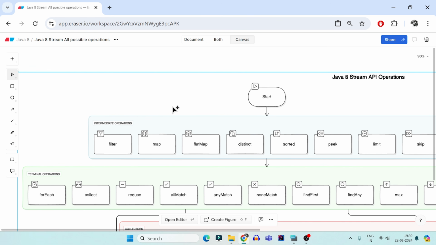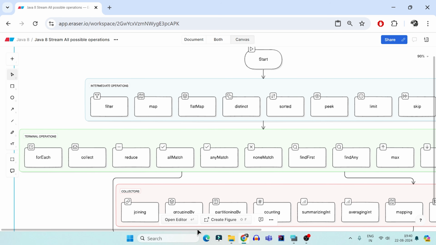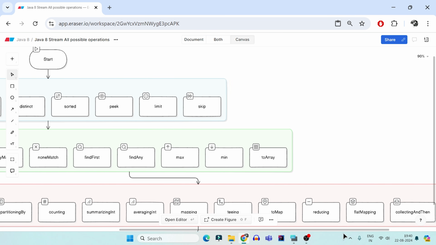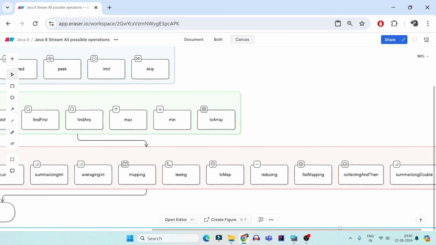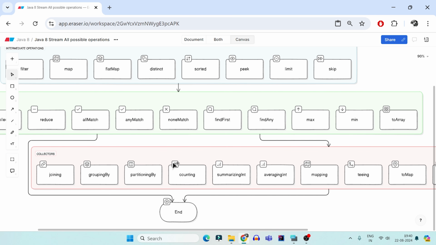Going forward, in this video, we are going to cover some intermediate operations, terminal operations and the collectors. Most of the questions are around these concepts only. If you go out in the market and see how Java 8 coding interview questions are usually solved, you will see they use a maximum of these many operators. These are the diagrams generated by AI for us. These are the usual operations you can use to solve your Java 8 coding interview questions.